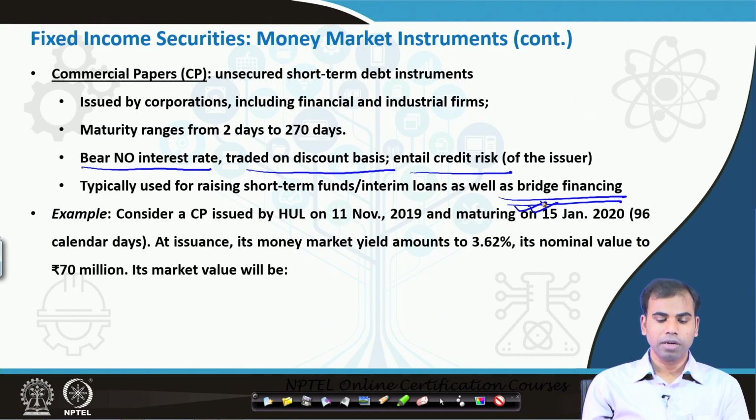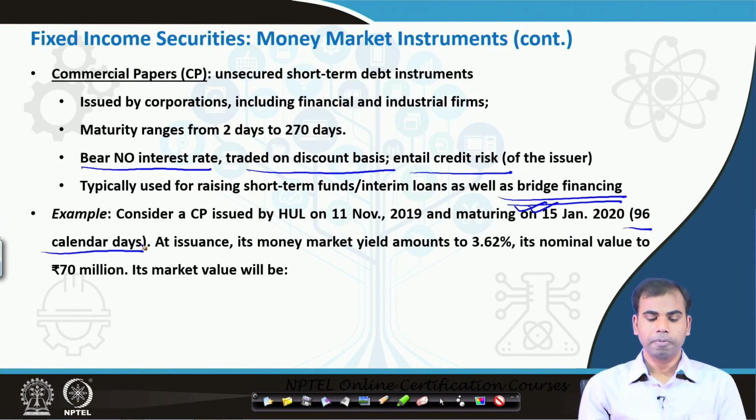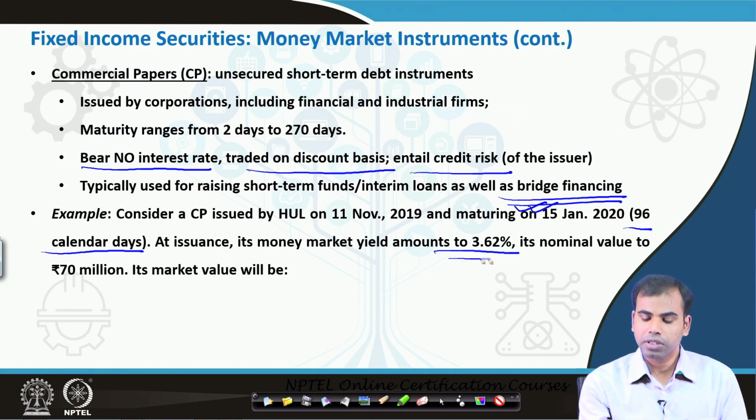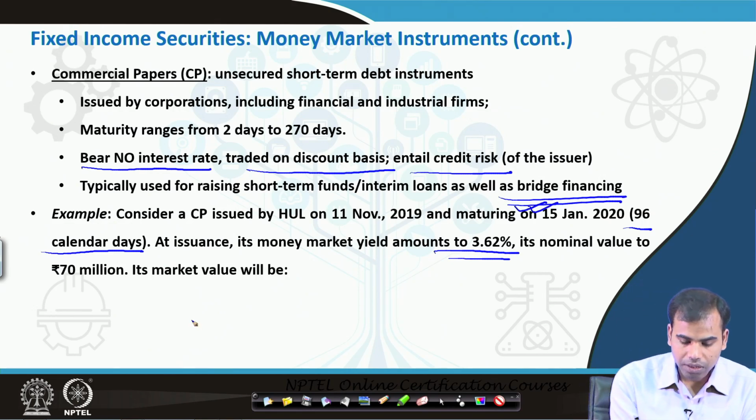If you look at the example given here, consider a commercial paper issued by Hindustan Unilever Limited on 11th November 2019 and maturing on 15th January 2020, which basically entails 96 calendar days. At issuance, the money market yield amounts to 3.62% and nominal value is 70 million. So, if you try to calculate the value of this particular commercial paper, the market value will be